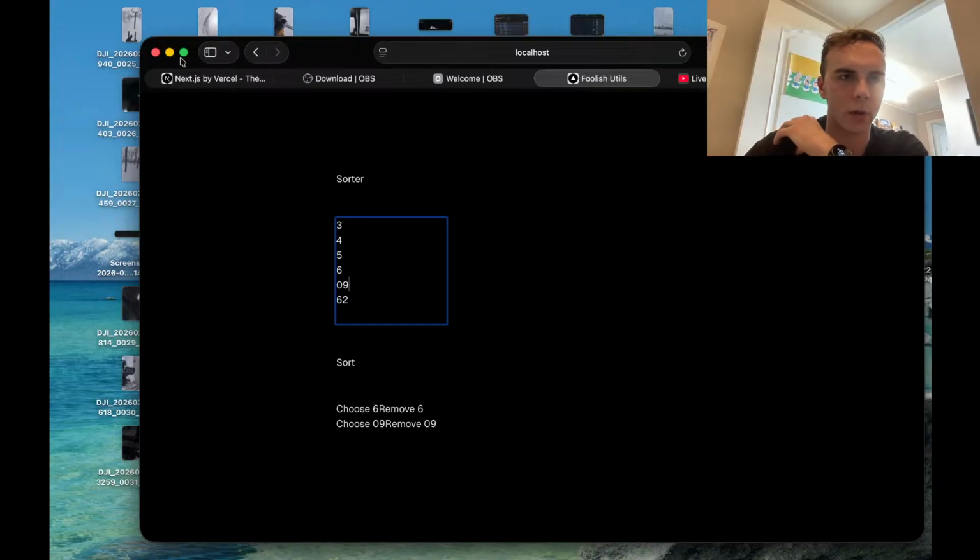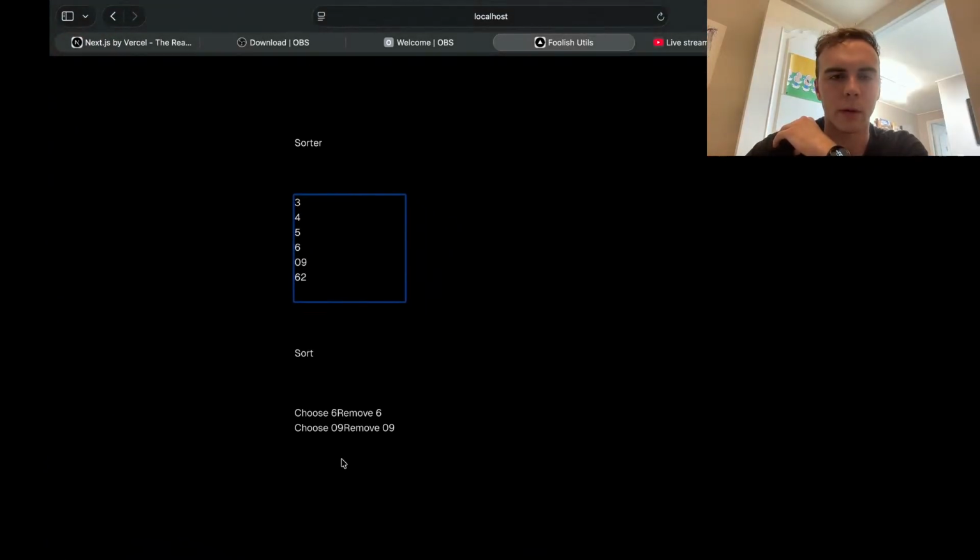This uses merge sort under the hood. It works, it just doesn't work well. But if you throw in something bad or something that does not need to be sorted, you can also use that remove button. This is actually a button, believe it or not, to remove it. So you just say remove, and it'll actually drop from the ranking entirely. So show that again real quick, and there you have it. So there's no text there, but I want to make this look a little bit better, and we're going to do this in the most